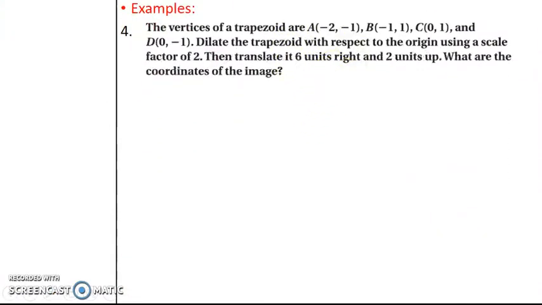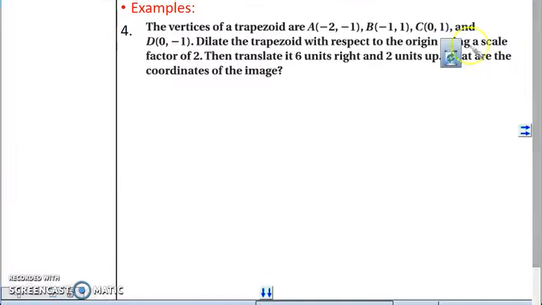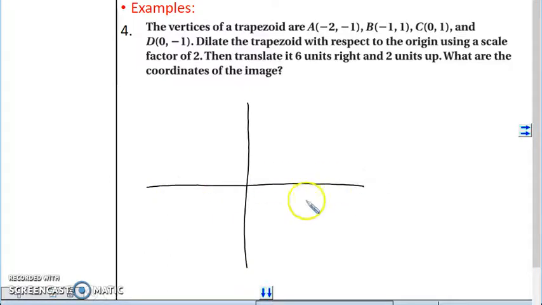All right, the vertices of the trapezoid are A, B, C, D. Dilate the trapezoid with respect to the origin using the scale factor of 2. Okay, so we have 2 steps that we are going to end up doing here. All right, let's go ahead and get started with step 1, and that is going to be, first we have to draw our trapezoid. So negative 2,